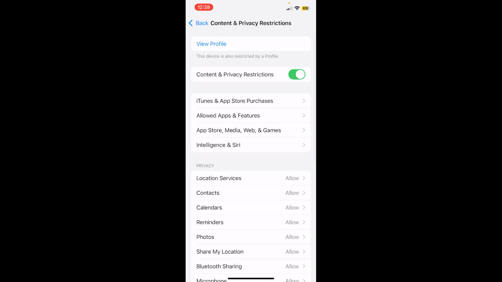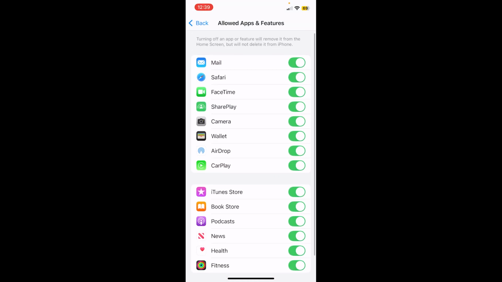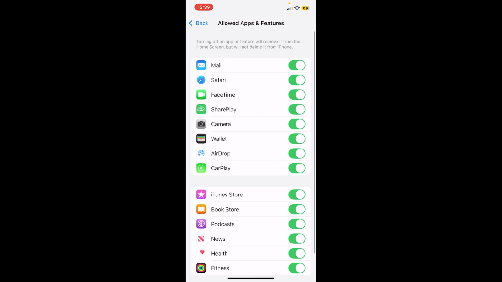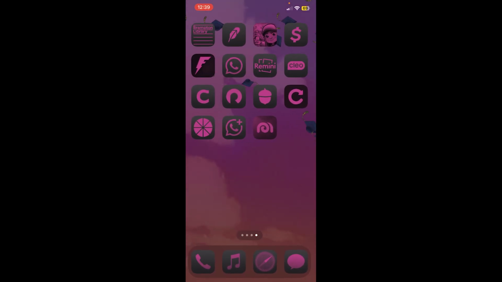Okay, next go back. Go to allowed apps and features, and make sure all of these are on, especially for Safari. If Safari isn't on, then this won't work. Okay, and then you could just go to Safari